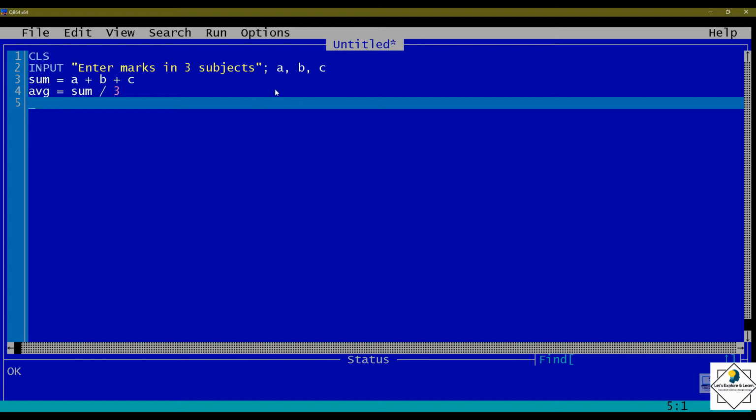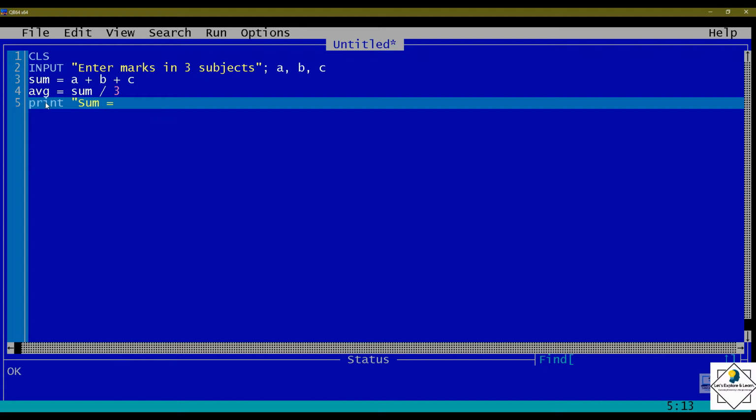So as per the question, we have taken three variable inputs A, B, C, and sum equal to A plus B plus C, average, and then we print. For printing we use the PRINT command. We can print without a message, we can print with a message, but I suggest you always print with a message.